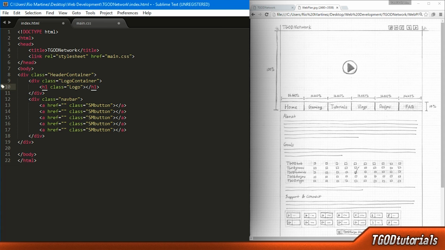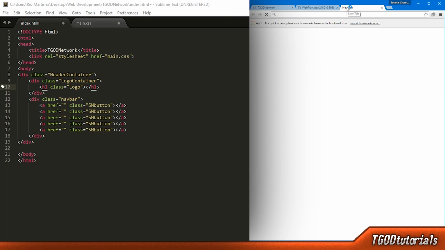If that shortcode is confusing, you can just stick to regular HTML. I just find it so much easier to use Emmet once you actually learn how to use it. It is so incredibly powerful. If you are lost on any of this Emmet shortcode, I do highly suggest you go to the Emmet documentation